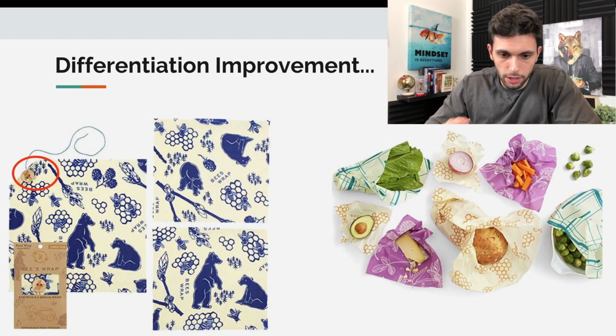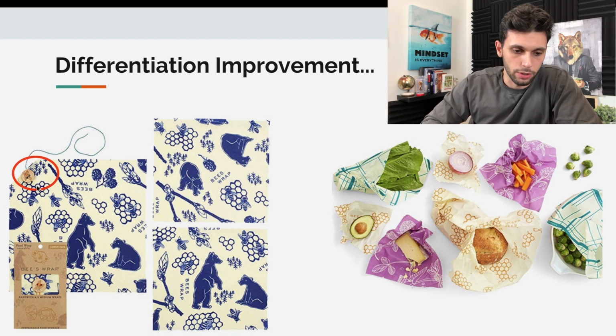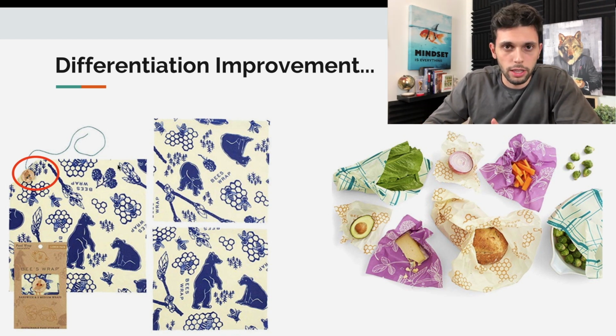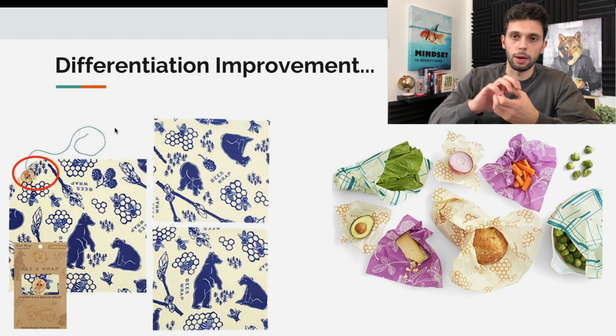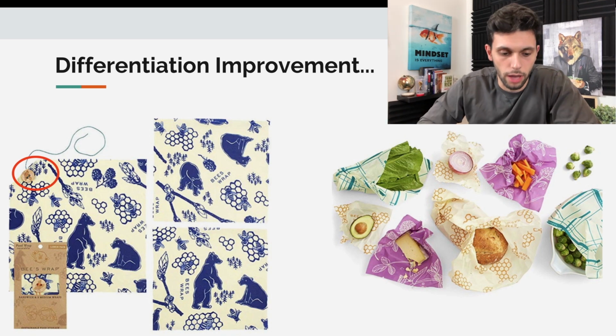So, differentiation proven. My first thought, okay, is this thing right here. There's this little button and a string. The reason I came up with this is that I was studying the market, and I came across this product, and it was basically the only one that had this at the time. It was just a little button and a string. Basically, you fold it up, scrunch it, and then tie it around with the button.